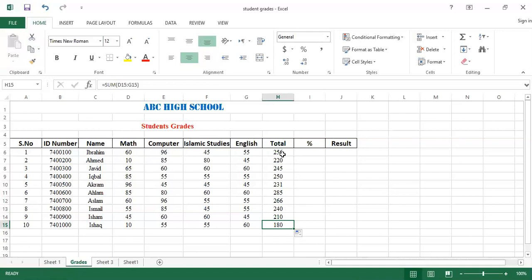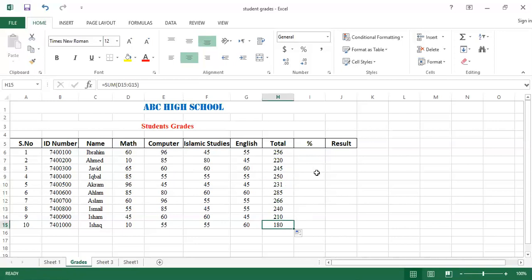And whenever I click on the first address, there is D6 and J6. When I click on the next one, you can see the formula is automatically changed by Microsoft Excel. This is the quality of Microsoft Excel that makes your work easy. When I click another address, you can see the formula has changed to D9 and G9. So this is the quality of MS Excel that makes your work easier.